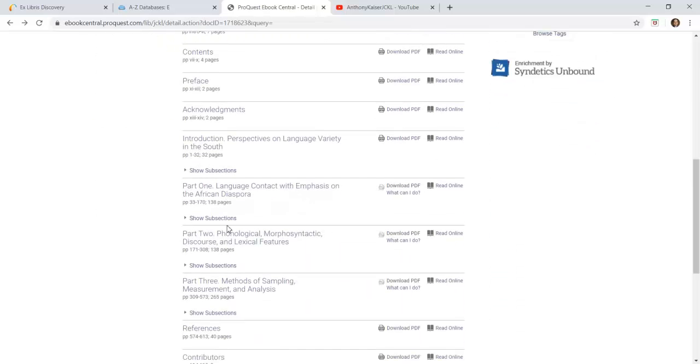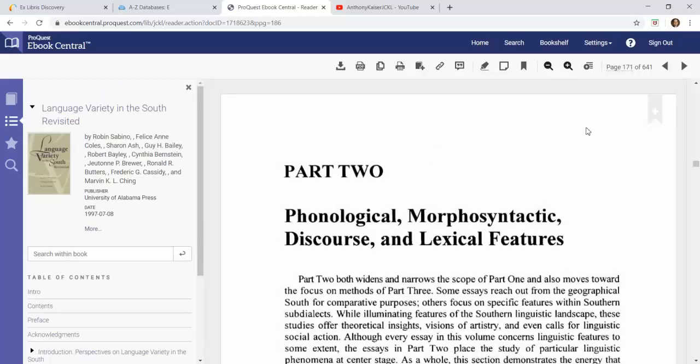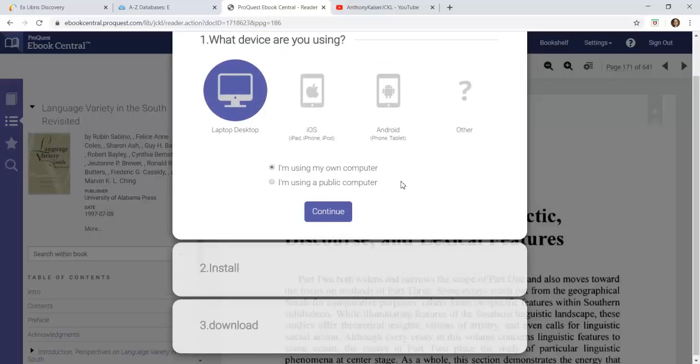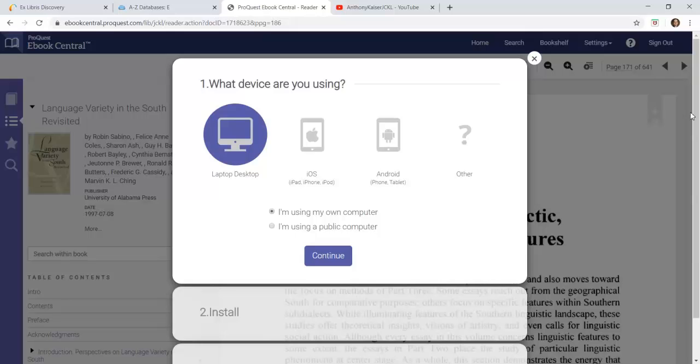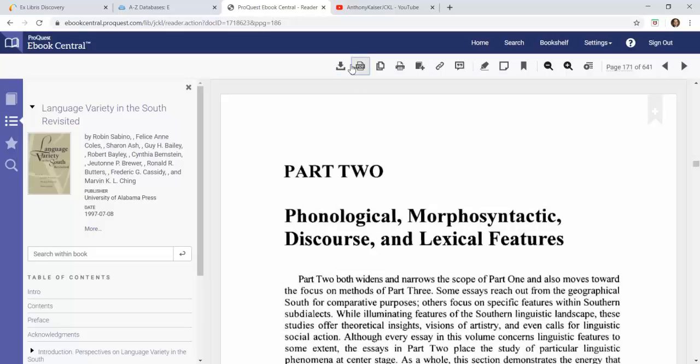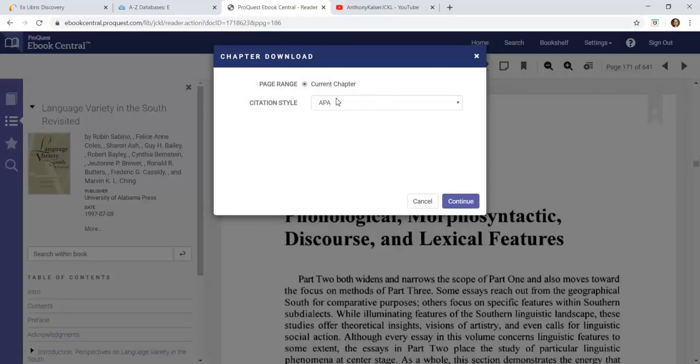So if you really wanted to do that, you could. If you wanted to do a full download, it would walk you through that process, because there's other things you might need, like Adobe Digital Editions. But if you just wanted to get the current chapter,